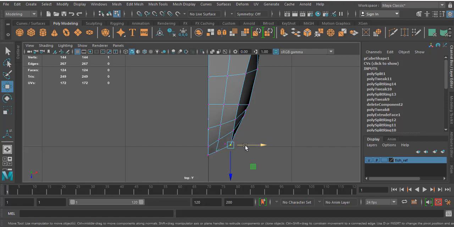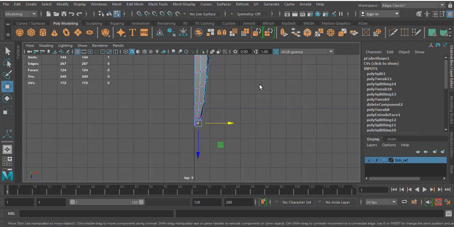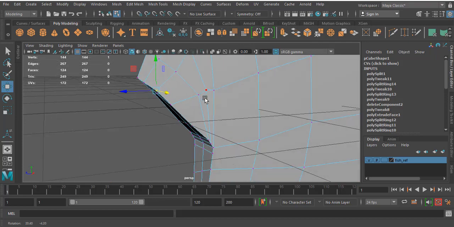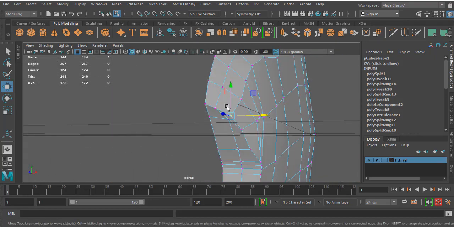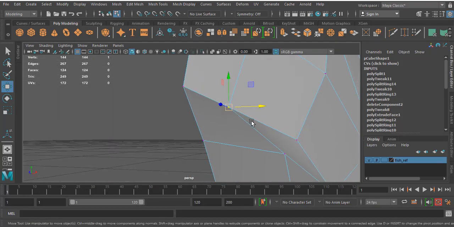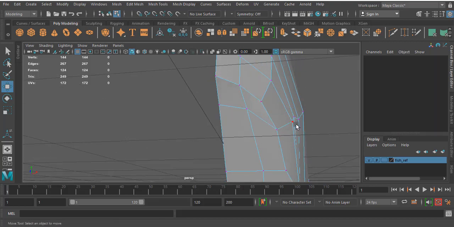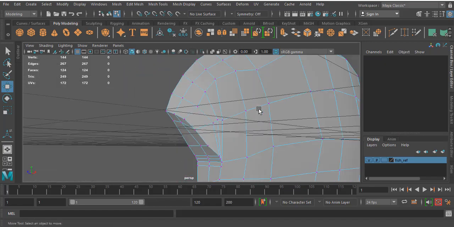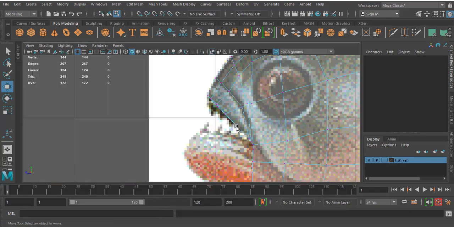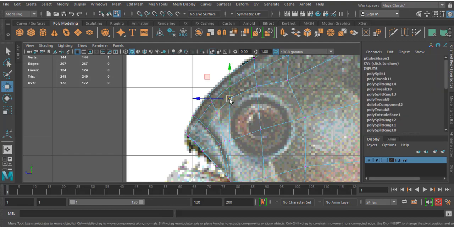Okay. It's almost done. Okay, look at the span flow, keep it clean and proper.